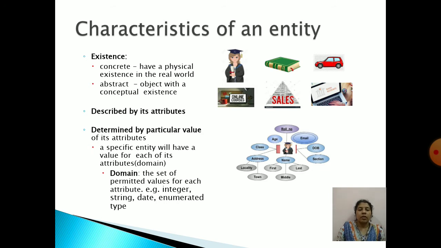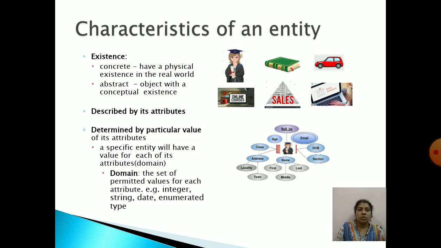If the entity has physical existence in the real world, then it is called a concrete entity. If it is just a concept, then it is called abstract.